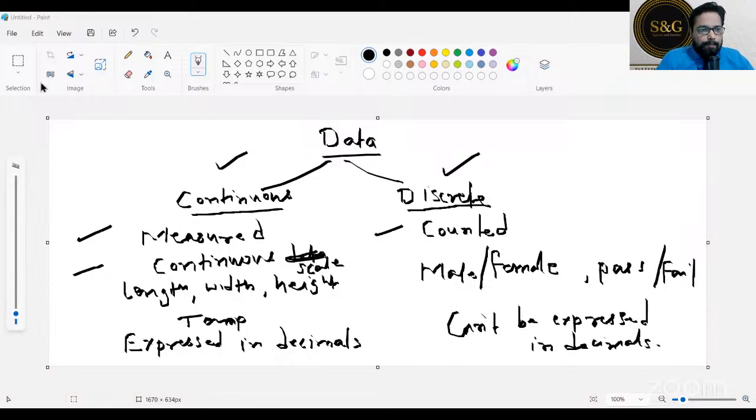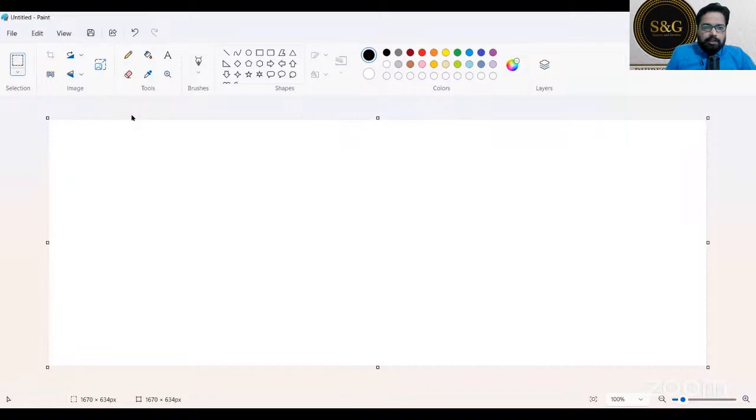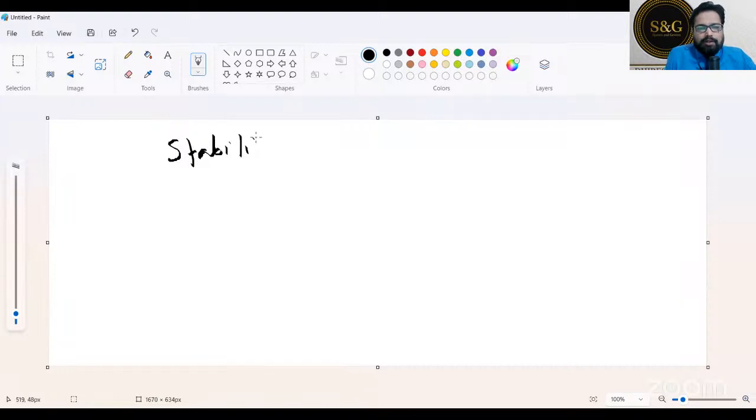Super. Chalo. So now let's understand, there is something called stability. Stability is a very important behavior of the process. Stability meaning,